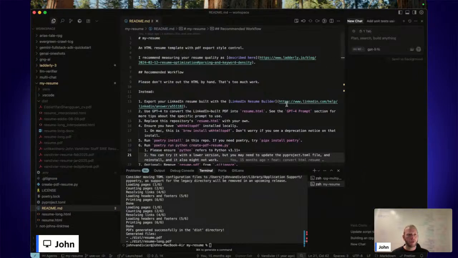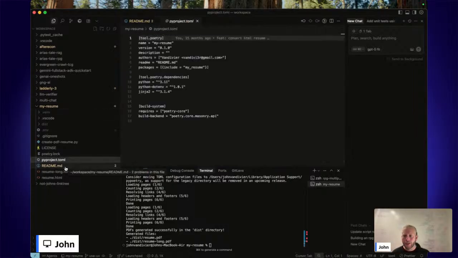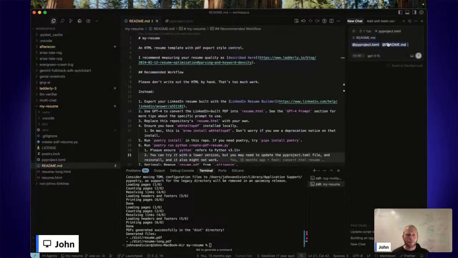Okay, so I'm going to start up a new compose here. I'm using Composer. We have GPT-5 now. Dub in the chat for GPT-5. And here I will give my PyProject TOML and my README over to Composer, and I will say this application